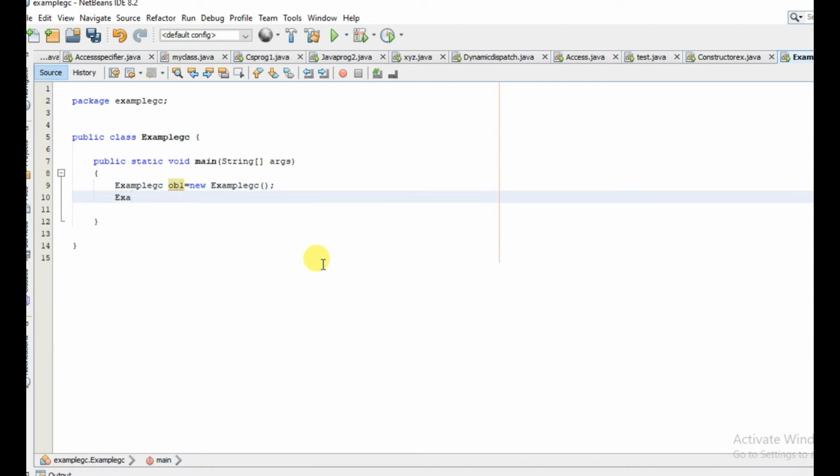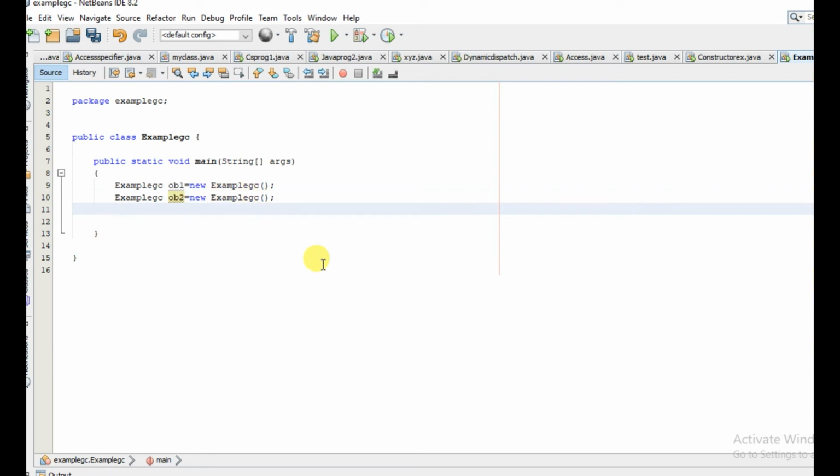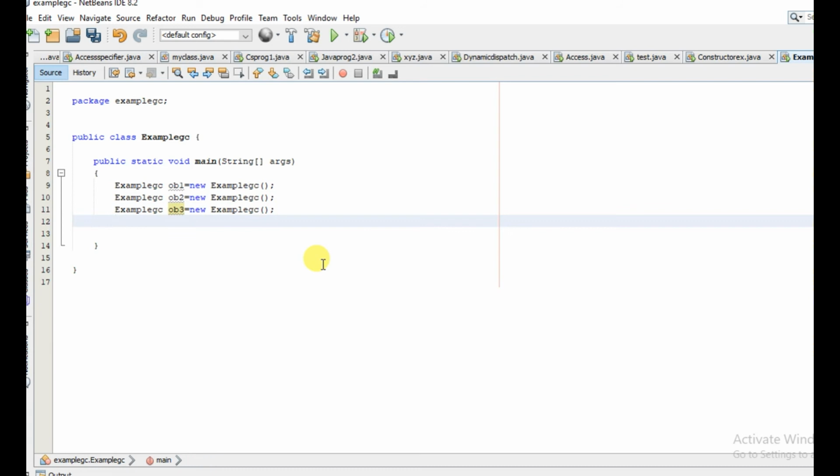Let's create another object, ExampleGC ob2 is equal to new ExampleGC, and one more object, ExampleGC ob3 is equal to new ExampleGC. Okay, so we have created 3 objects of this class.